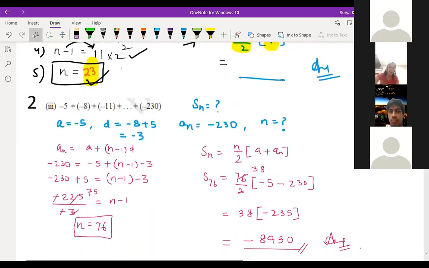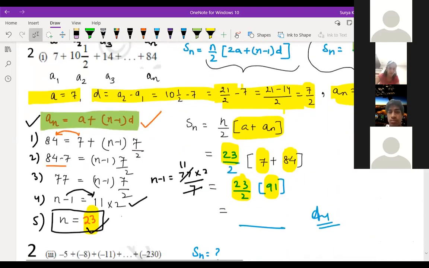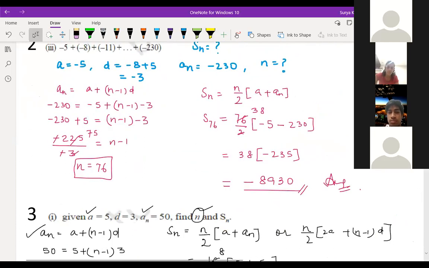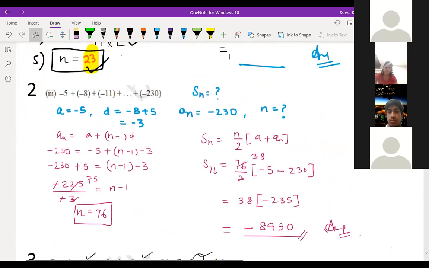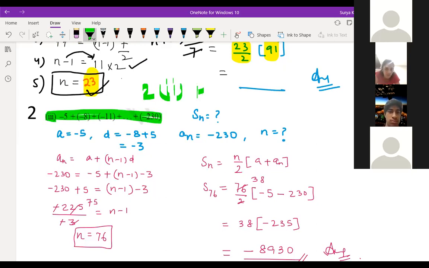So now this is the third question. First question is here. Second question I have not solved, I think. First and third questions are solved for you. So this is the third question of the second main. The second question you can do at home, okay. This is the second main, third question.